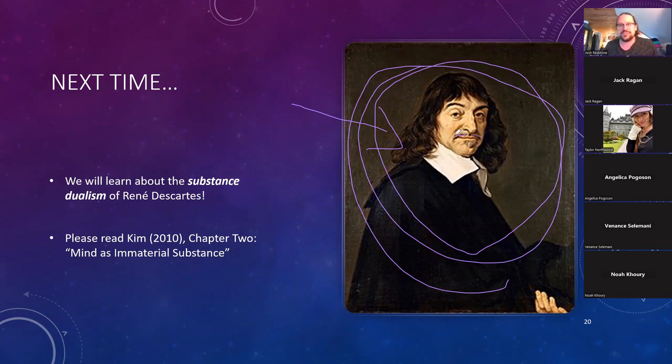Once you read chapter 2, and please do read it before... Oh, it doesn't stay, that's really weird. Look at that. I'm trying to give him glasses, but it won't work. Anyway,